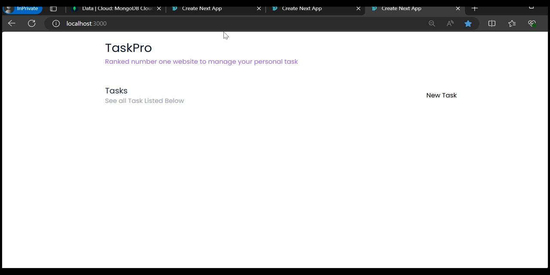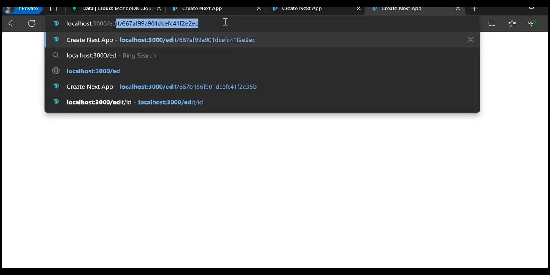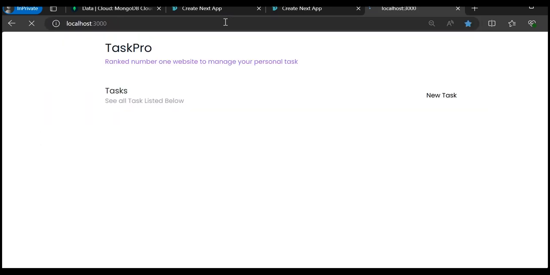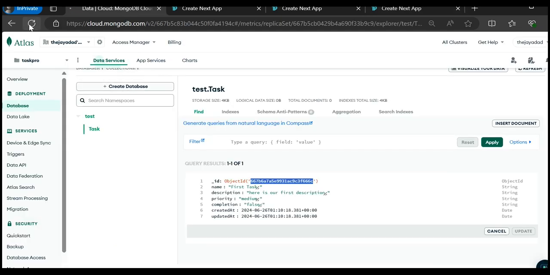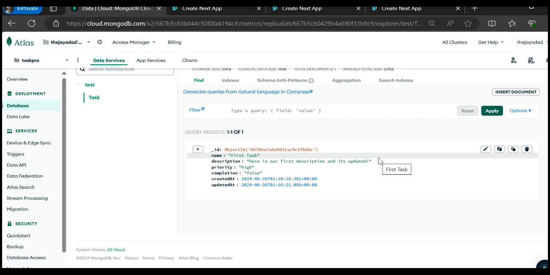Now to make sure that it works properly, let's go to localhost /edit/ the unique ID. And as you can see, the description is now showing it's updated. The priority is set to high. And if we go to the MongoDB cluster, you'll see that those changes are now reflected in the database as well. So now that we have the ability to create and update a task,